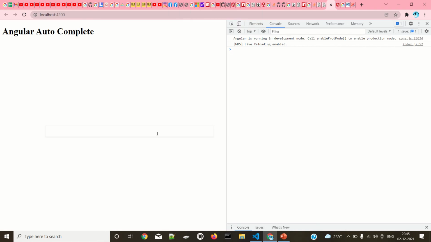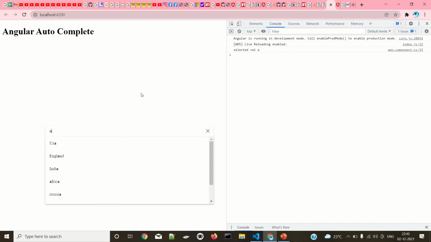Before I type anything, if I first click here, I can see the whole data set here, so we can see what the data is. If I directly select, I can select. If it is a countable list, we can easily select it. If the list is very long, like 58 or 100 items, we cannot scroll and choose like this. So once I click that, I just search for my item.